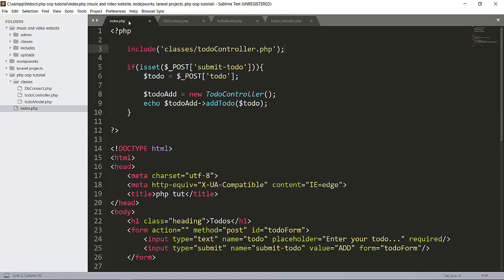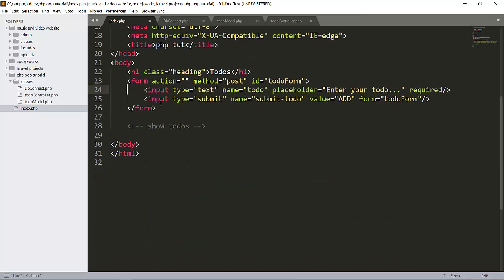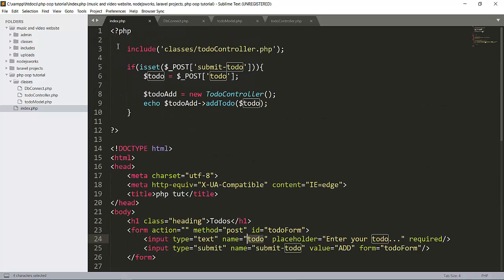Now in the index.php we created one form. Its input name is to-do, the button name is submit to-do, and the action is null, so it will be done in the same file here. Next we included our controller here. After that, if we press our submit to-do, first of all we created a to-do variable and we posted this data here.